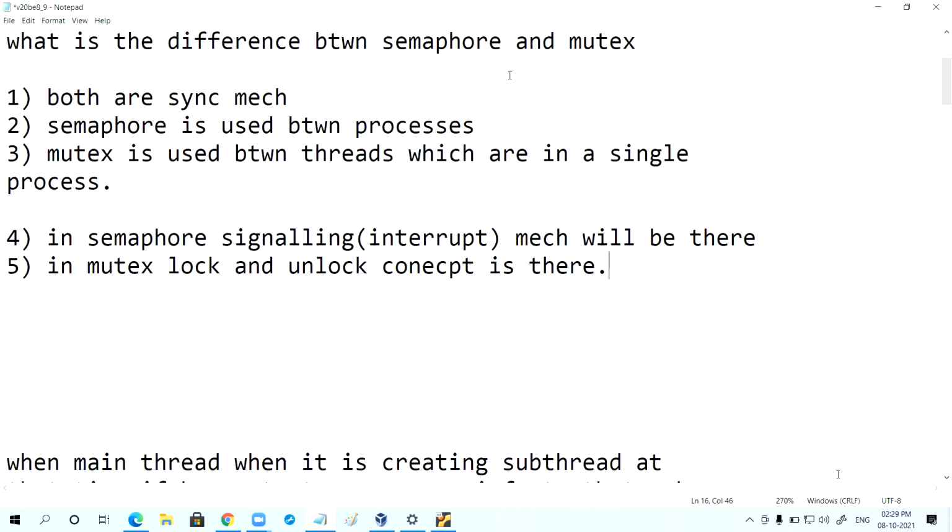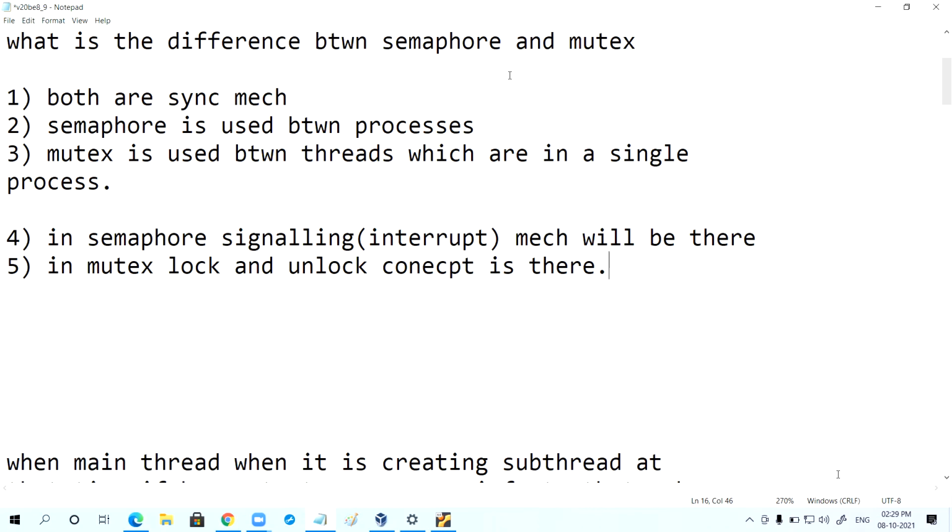So, semaphore, signaling concept. A semaphore is used between multiple processes, and a mutex is used between two threads in a single process.